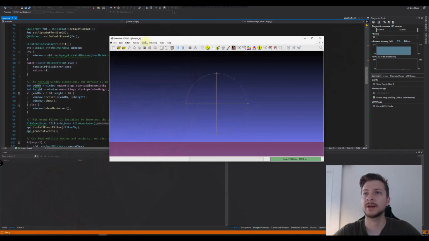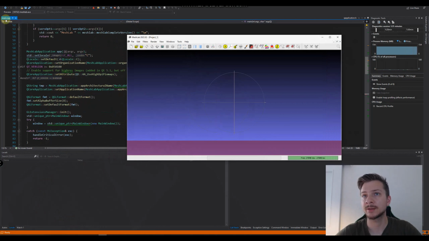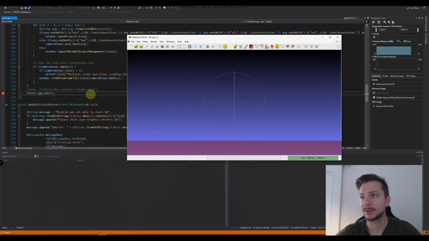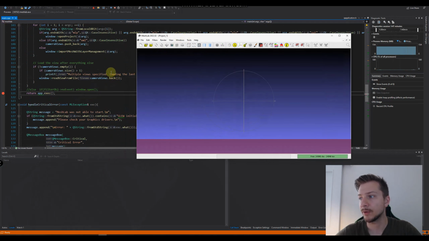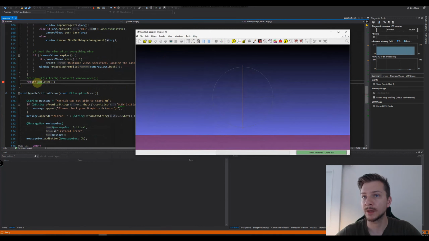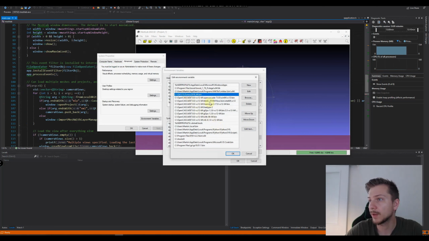It will take some time for the debug symbols to be loaded. You also need to make sure that you set the MeshLab project as a startup project. Now we can notice that MeshLab uses Qt for the UI components. So this thing is a Qt application. Now, what this means is that you do need to have Qt installed. In my case, it's Qt